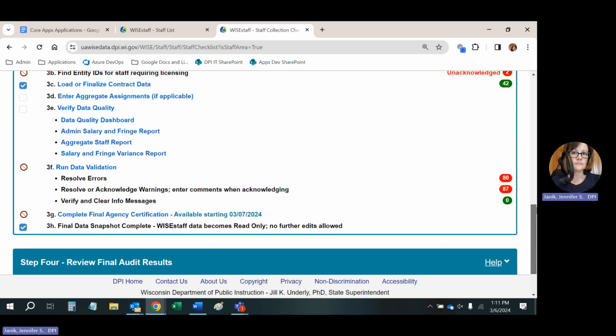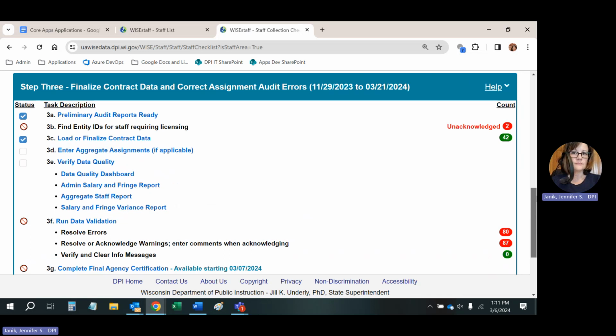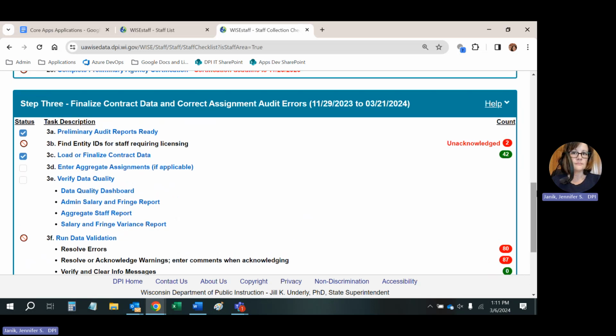So let's dive into the step 3 tasks that you have for completing your final certification. The first one, oh, sorry, one more thing I want to mention. Any of the tasks that are in blue are clickable links that you can click on to go right to that page where you're going to view the data, enter the data, review the data, whatever the case may be. So you can see that some of these here don't have the blue link to them, but the majority do. So I'm going to click on that preliminary audit reports ready link,